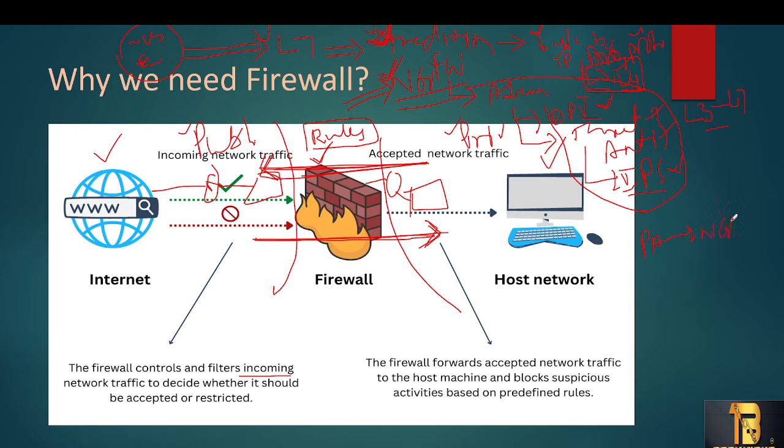Palo Alto is going to provide security to your network based on L3 to L7, as well as deep packet inspection. It is going to identify threats and antivirus, and also provide IPS and IDS, intrusion detection and intrusion prevention. It is going to detect and prevent any threats, antivirus, or vulnerabilities on that particular traffic.